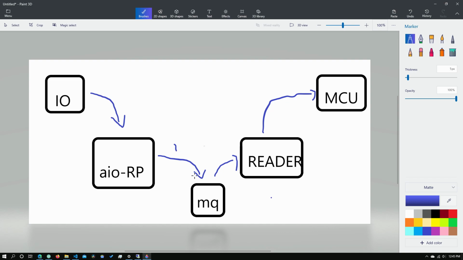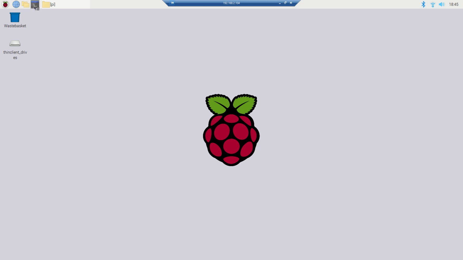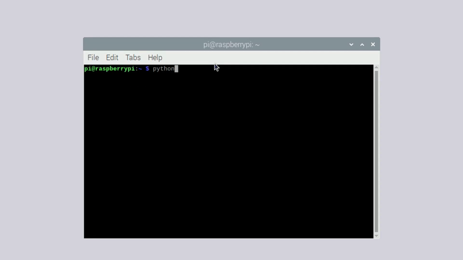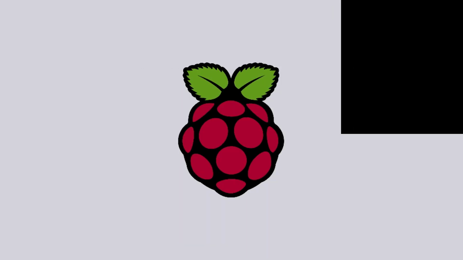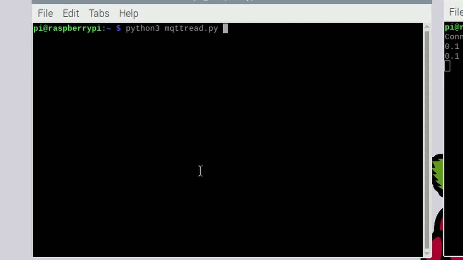So yeah, now that you've seen how it works, let's go back into our remote desktop, and we'll need to open up 2 terminal windows. First terminal window we'll need to open, and we'll need to type in python3 and then we'll need to run the program. So I'm going to run Adafruit first. Adafruit.py, press enter, and it is connected. So we can move this aside, and let's open up another terminal window. So now I'm going to type in python3 mqttread.py, press enter, and as you can see it is